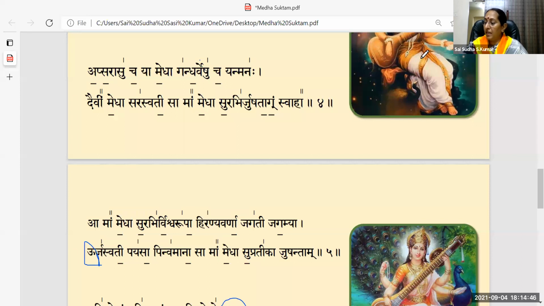And then we are also praying to Medha Devi for Urjaswati. Urjaswati is the strength with which Medha Devi comes. So Urjaswa is the strength. We are praying to Medha Devi to be nourished with all the strength. She is full of strength, and when she arrives, she imparts that strength and also the milk of knowledge to us.